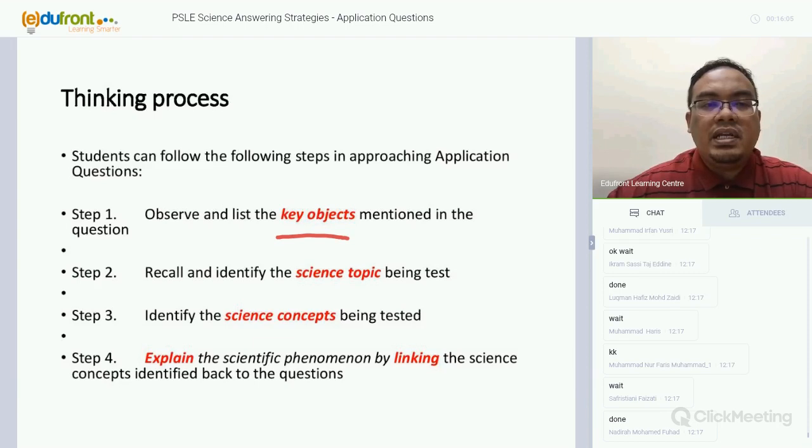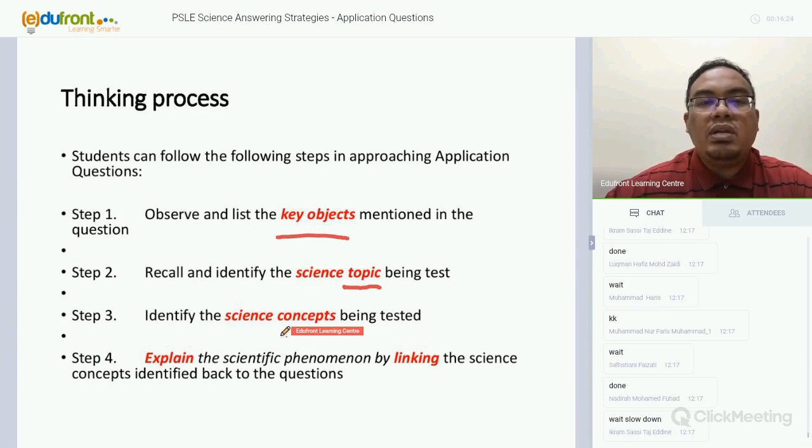You need to look at the question and see the key objects. Step number 2, recall and identify the science topic. Step number 3, after you identify the science topic, you need to identify the science concepts. Step 4 is the most important part. You need to explain the scientific concepts or the scientific phenomenon in the question by linking the science concept